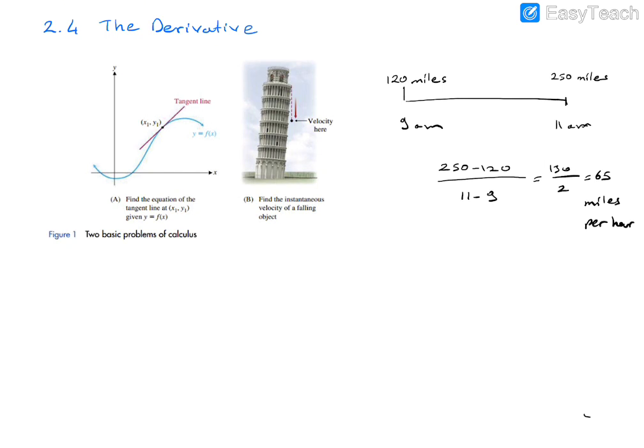Of course, your speedometer reading, that is the instantaneous rate of change or instantaneous velocity, might well have been 75 miles per hour at some moment between 9 a.m. and 11 a.m., sometimes 50 miles per hour. We will define the concepts of average rate of change and instantaneous rate of change more generally, and will apply them in situations that are unrelated to velocity.